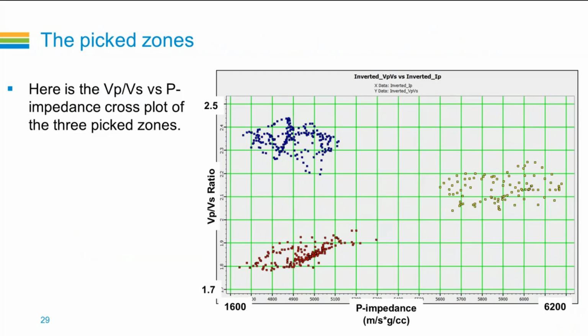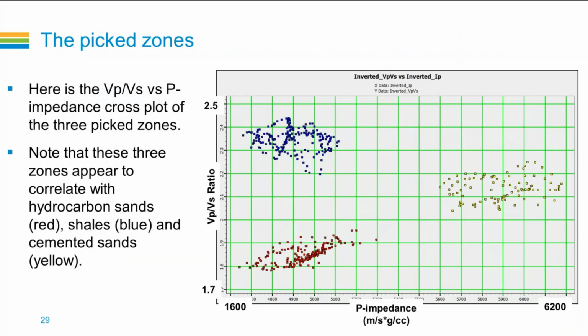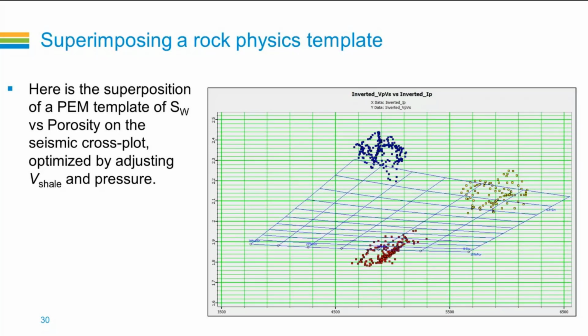So here's the VPVS versus P impedance cross-plot of the 3 picked zones. And these appear to correlate with the hydrocarbon sands in red, the shales, and the cemented sands, similar to that cross-plot I showed you earlier from the well logs, and similar to the interpretation that was given by Odegaard and Avseth. So what I can do now is superimpose the petroelastic model template of SW versus porosity on